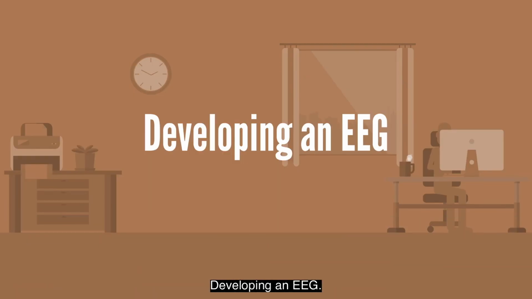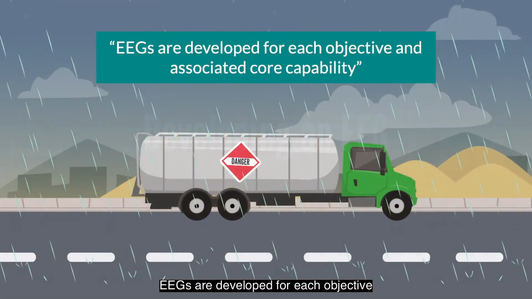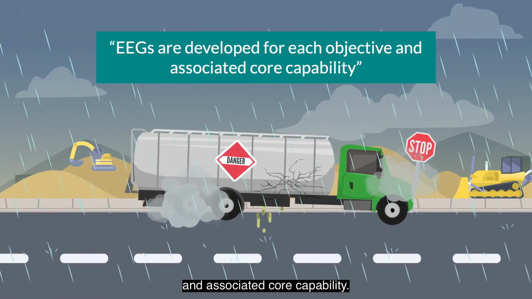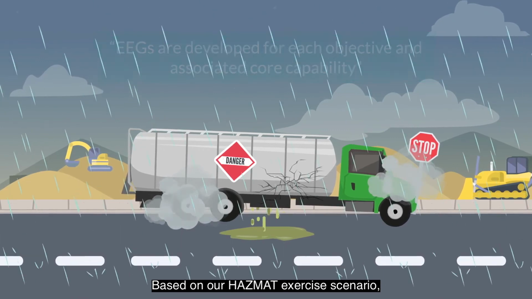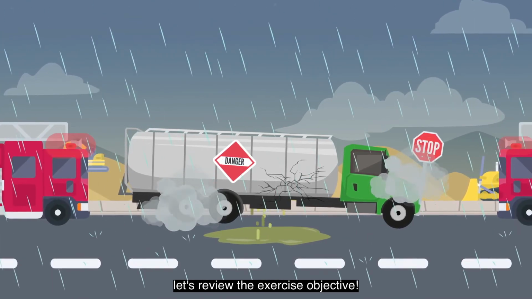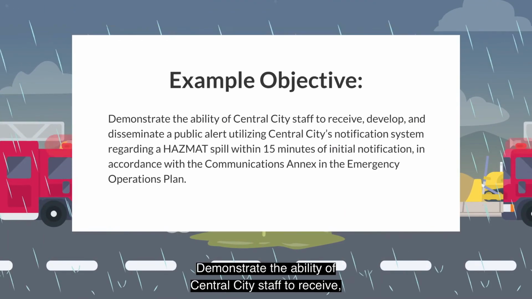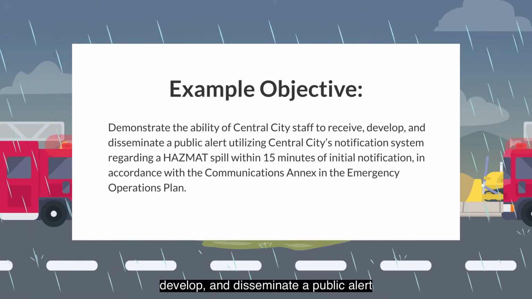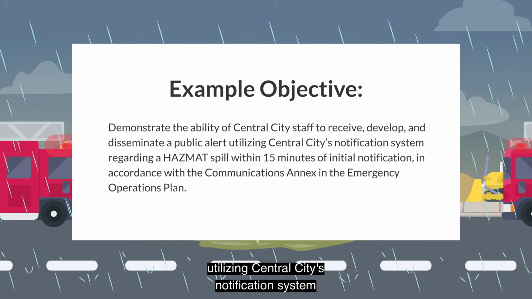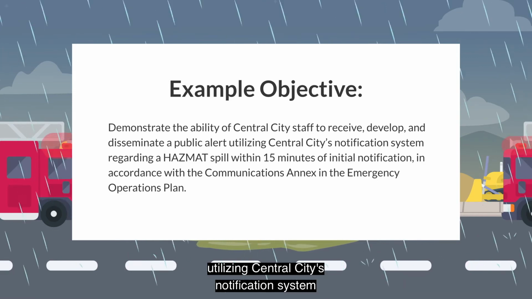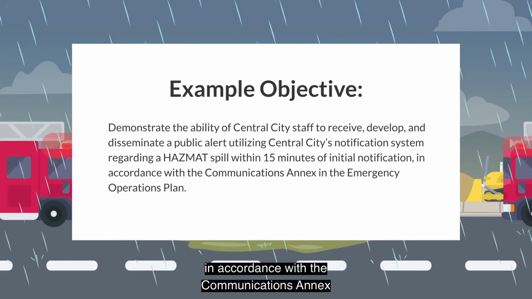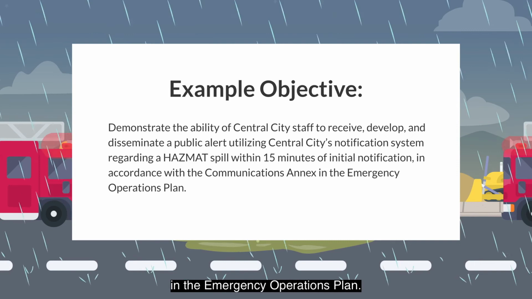Developing an EEG. EEGs are developed for each objective and associated core capability. Based on our hazmat exercise scenario, let's review the exercise objective. Demonstrate the ability of Central City staff to receive, develop, and disseminate a public alert utilizing Central City's notification system regarding a hazmat spill within 15 minutes of initial notification, in accordance with the Communications Annex in the Emergency Operations